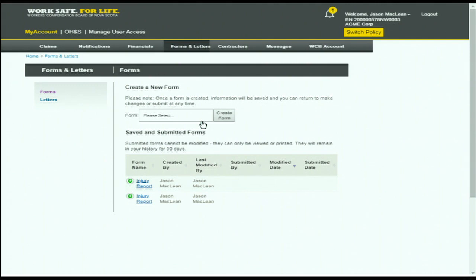So this is the landing page for the Forms and Letters, and this is where you can see a couple of different things. First of all, you can see up top, we have the ability to create a form. So you can either create an injury report or a worker earnings information report. So if we wanted to create an injury report,